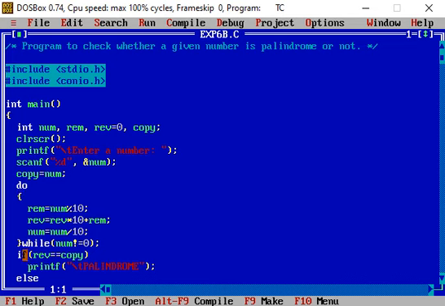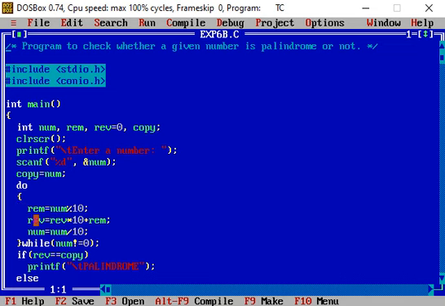Then using the do while loop, in the body of the do while loop, rem equal to num modulo 10. Using this statement, we separate the last digit of the number, and that separated digit is assigned to the left side variable rem.